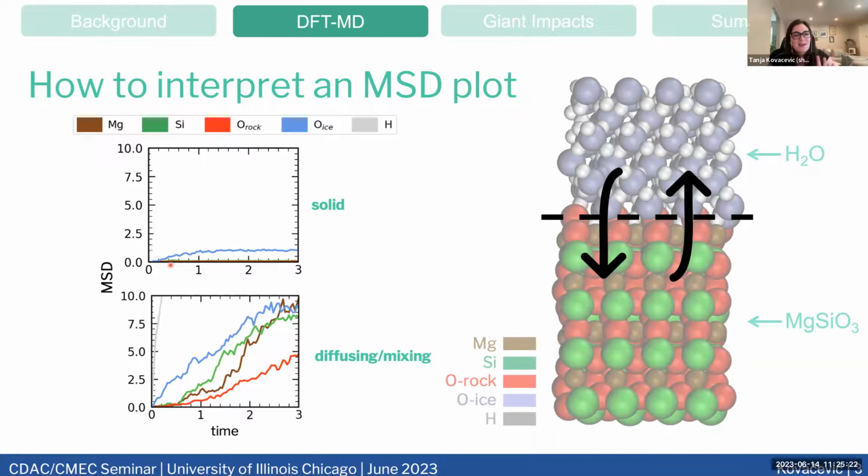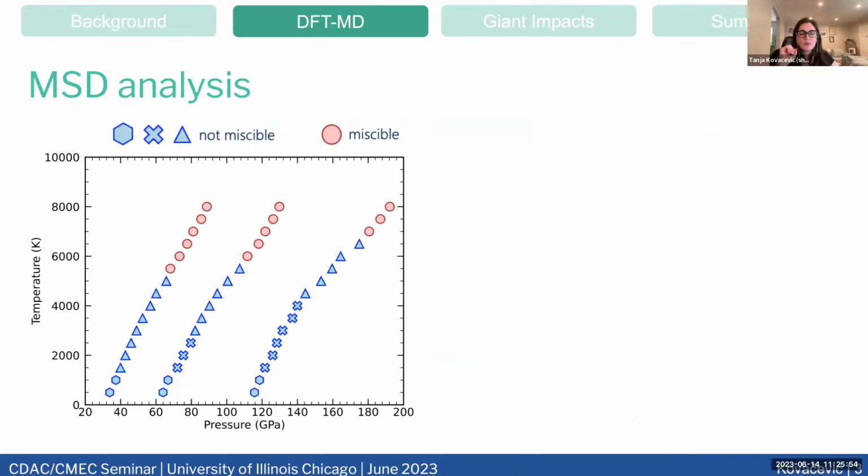So let's look at the solid MSD. If an atomic species has an MSD with either a 0 slope or close to 0, so if we were to zoom in here, we'd see a bunch more colored lines, that's going to indicate that our system is solid. The atoms are vibrating around their lattice points, but they're not diffusing. Now, if the MSD is increasing with time, that's going to indicate diffusing, and that gives us an idea about mixing, because remember, we're only looking in the Z direction. Now let's jump into it.